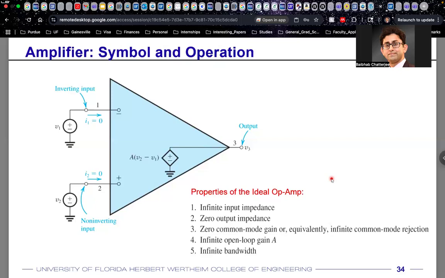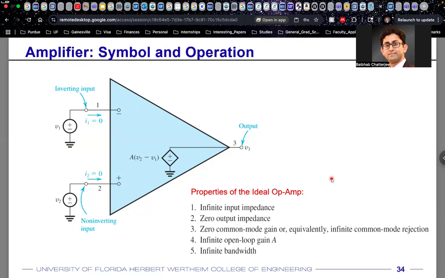The op-amp also has a zero output impedance. So your output impedance is equal to 0 if you look from the output side. What does that mean? That at the output side, you can kind of model that this impedance is connected to a ground. And from the input side, you have Z in equal to infinity. And your gain ideally is infinitely large. So those are the properties of an ideal op-amp. Also, along with that,